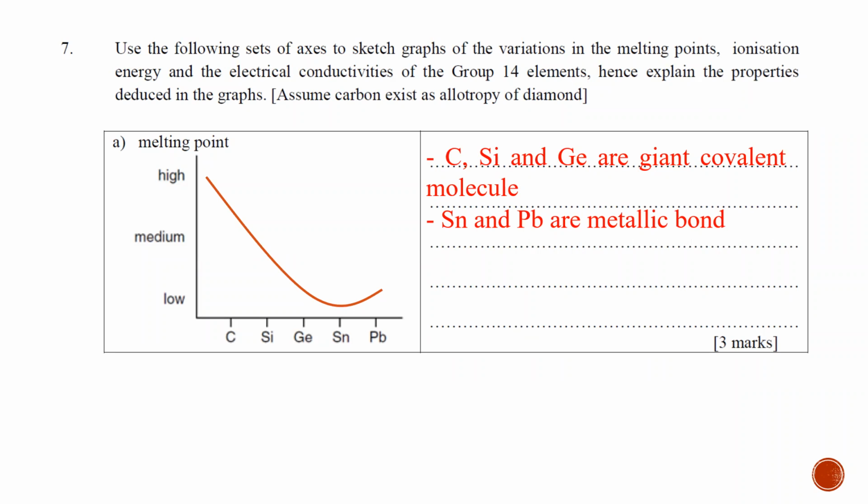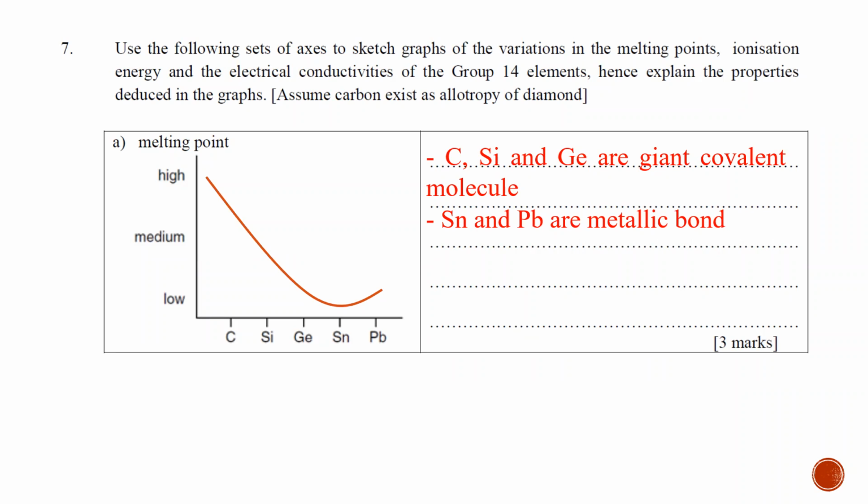You want to write why the melting point of carbon, silicon, germanium decreases. This is due to the atomic radius increase. When atomic radius increases, it will increase the bond length, hence decrease the bond strength, therefore it is easier for them to break. Whereas for tin and lead, why lead has a slightly higher metallic bond, it is due to the